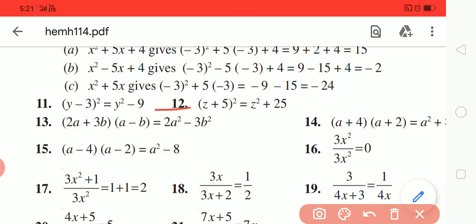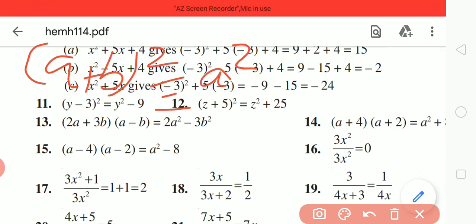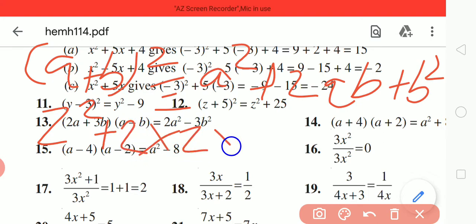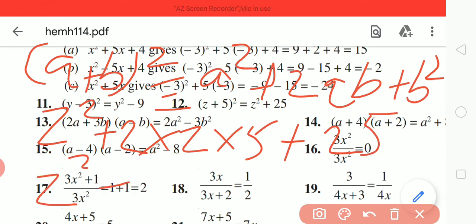As you can see here, we have been given (z plus 5) whole square. Let us compare it to (a plus b) whole square, that is equal to a square plus 2ab plus b square. So here you can see a is z and b is 5, so we can write z square plus 2 into z into 5 plus 5 square, that is 25, and this will become z square plus 10z plus